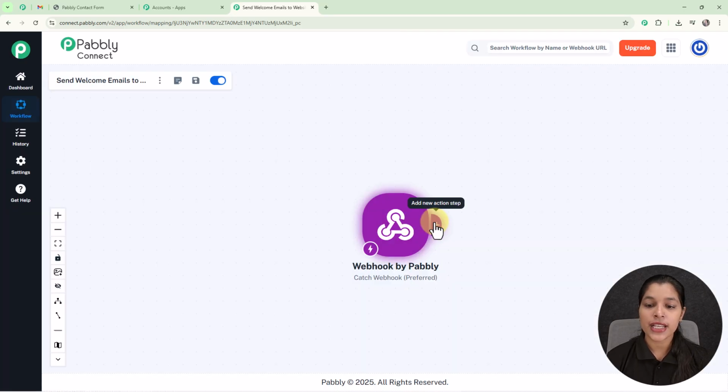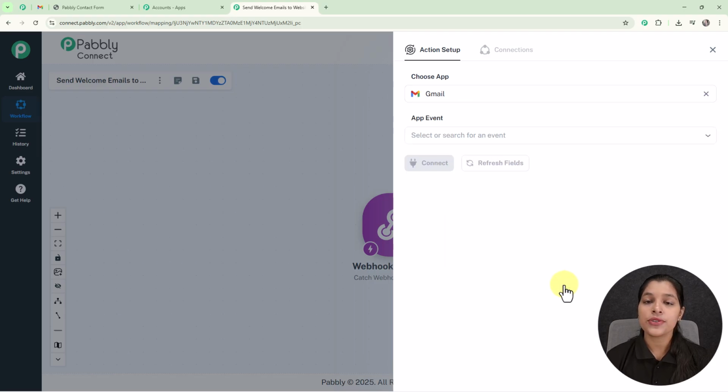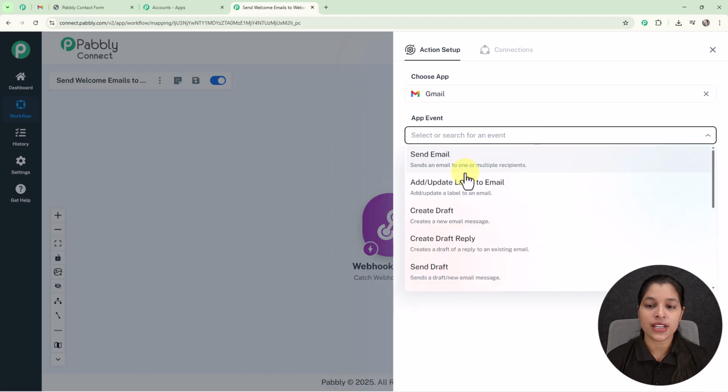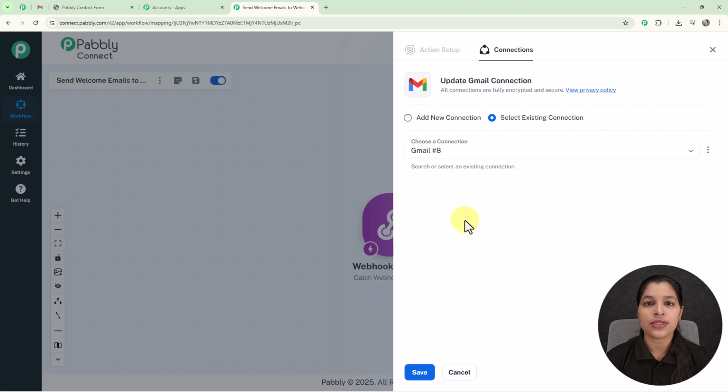So for that you simply have to click over this add new action step button, and you will be landed on the action setup page where I am going to search for Gmail, which can be seen here, as I am going to send email through Gmail, and afterwards I am going to select my app event as send email. Now we simply have to click over this connect button, and we are landed on the Gmail connection